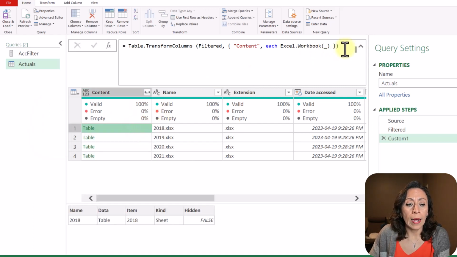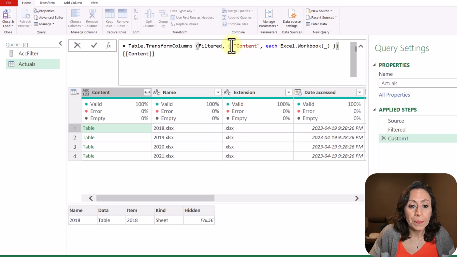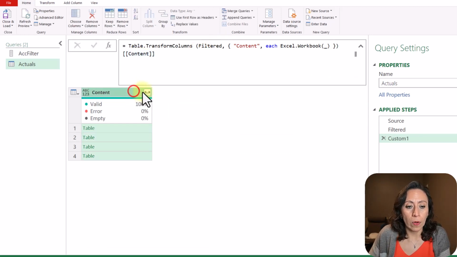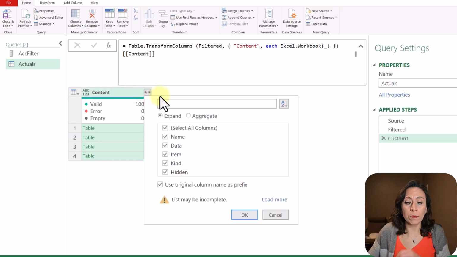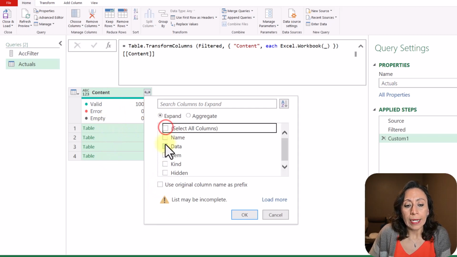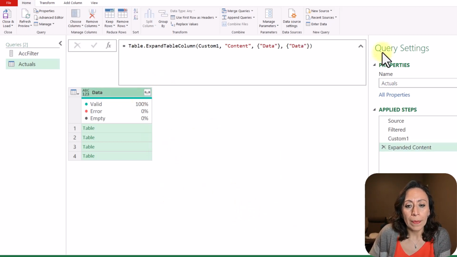Perfect. I just want to keep this column Content. Now let's do a projection here and let's do it for a column. So I'm going to provide the double square brackets, and I'm going to provide the name of that column. Okay, let me move this, Shift Enter, and perfect. I'm going to press Enter, and then I keep only the column Content. I'm going to click at these two arrows to expand the information that is here, because inside of this table, I need to bring only the information that is coming from the Data column, that is the one that has all the tables. So I'm going to say okay, perfect.